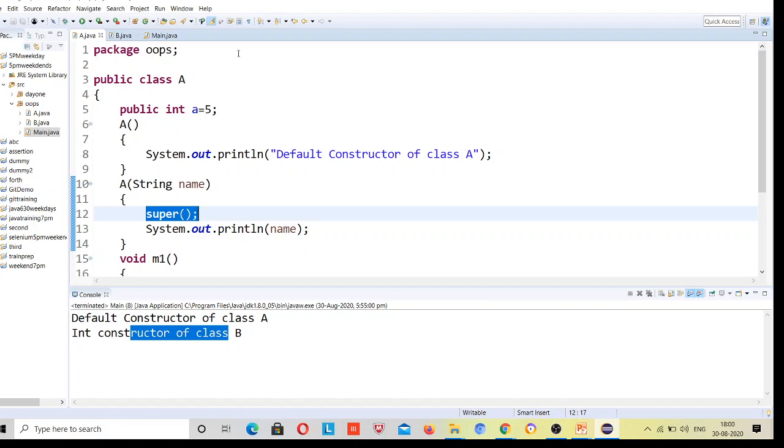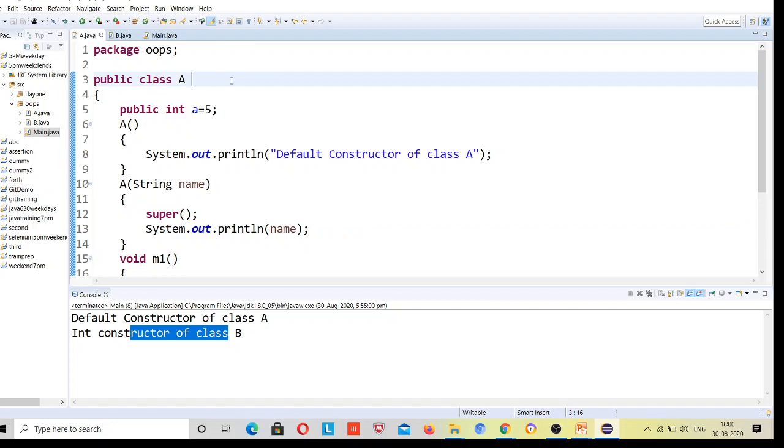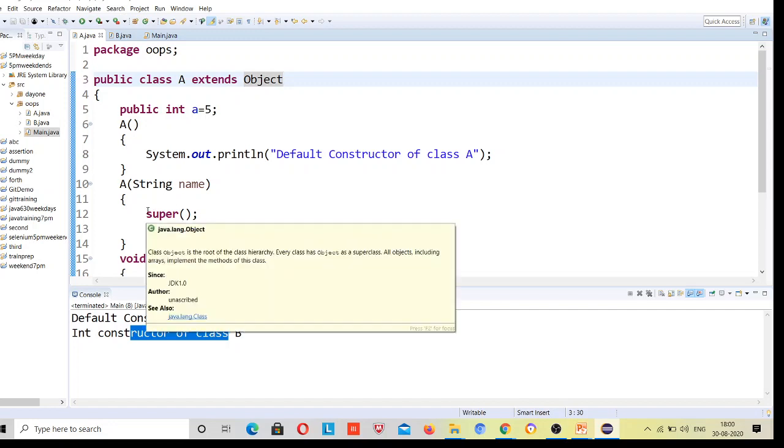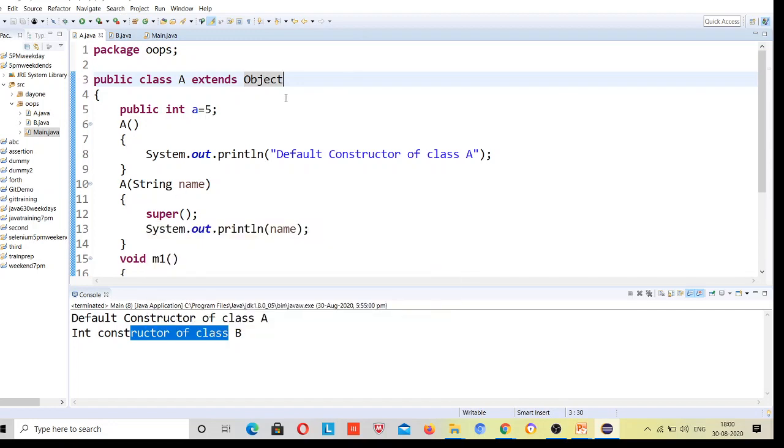Yes, it's true, because every class in Java by default extends the Object class. Object is the superclass of all classes, right? So that's why it's not incorrect. Whatever default constructor is present inside the Object class, it will be calling that. So it is not incorrect. Okay, but we don't need to use this any time. Just remove this.